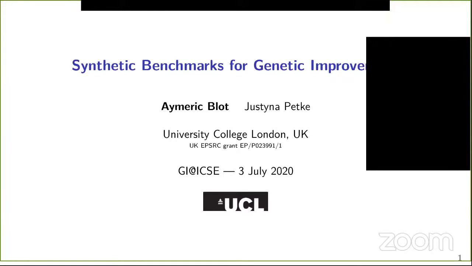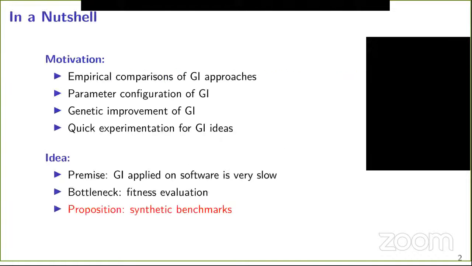Sure. So I'm still Aymeric Blot with Justyna Petke from University College London, and this time I will talk about synthetic benchmarks for genetic improvement. So in a nutshell, there are many things I want to do with GI. I want to do empirical comparison of GI approaches. Which local search should I use, or which GP search should I use for GI? I want to do parameter configuration of GI. I want to automatically know if I should use a small population for GP, a medium population, a large population, or if it depends on the target software